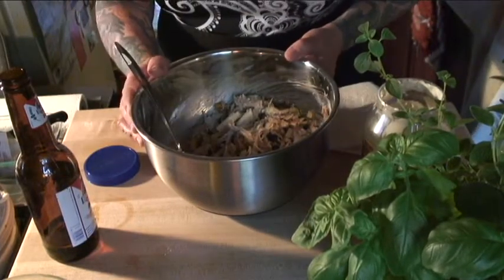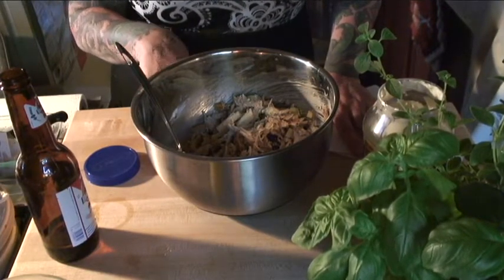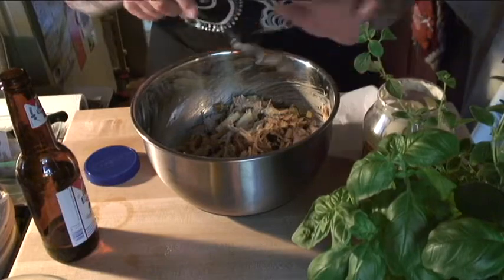What do you call it? It can also be eaten in a sandwich, but it's so delicious just as it is that you do not need to put it on bread, which is really fabulous. Okay, we're going to